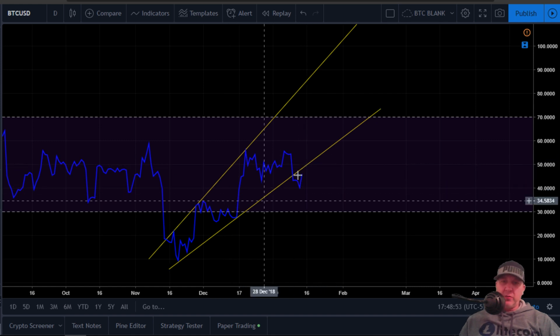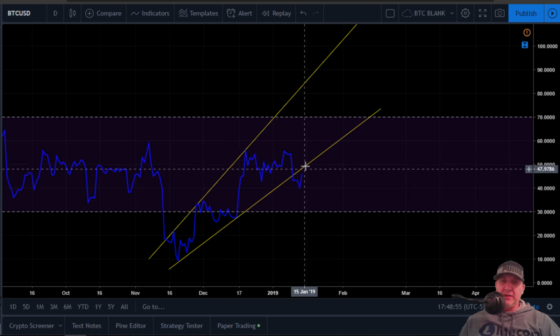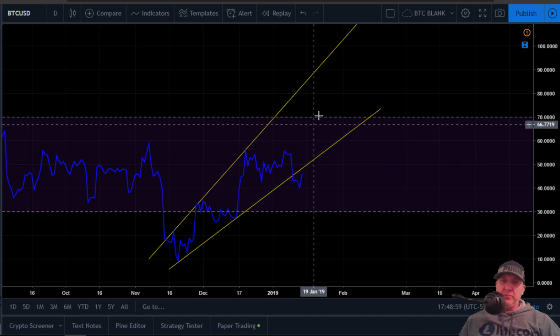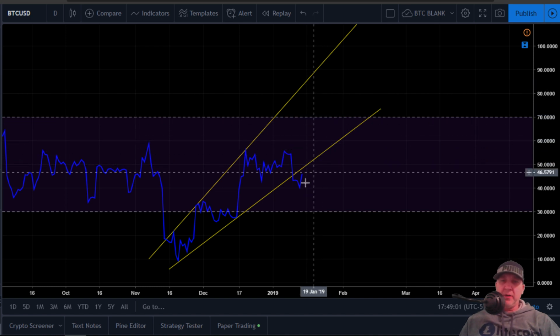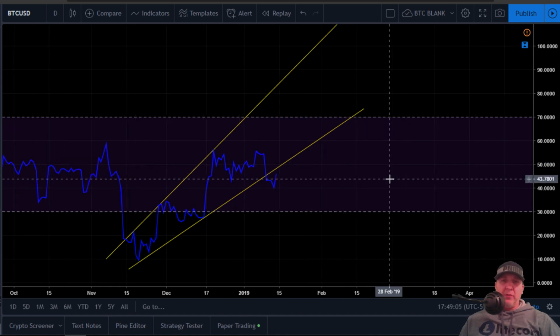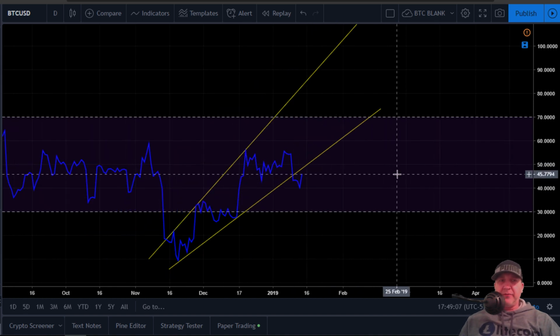Now we're looking like we could possibly go up and retest this, and if we break through, get back in, and could be a nice move up. But we could get rejected here also and fall back out. I really like the RSI, and I suggest if you guys are